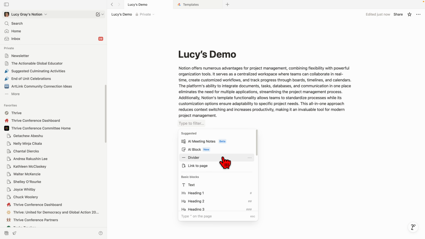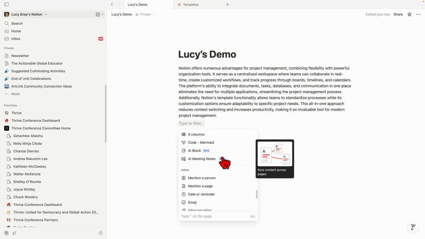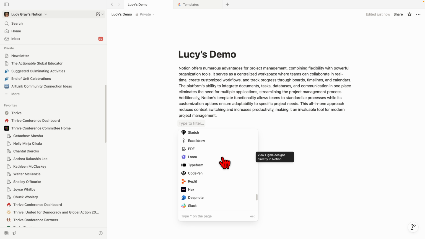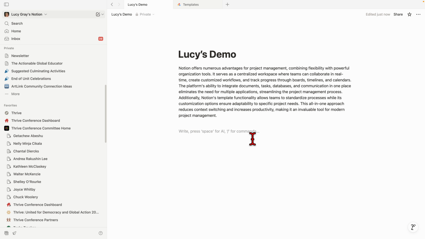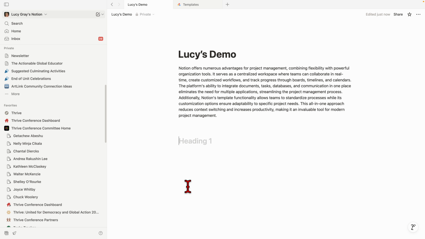If I click on the plus sign, it's going to give me all these options for adding content to this page. The easiest way, though, to get content, and you kind of have to get used to this, is to tap on the / button, and this will come up for you. So the first thing I'm going to do is make a heading. So I'm going to select heading and